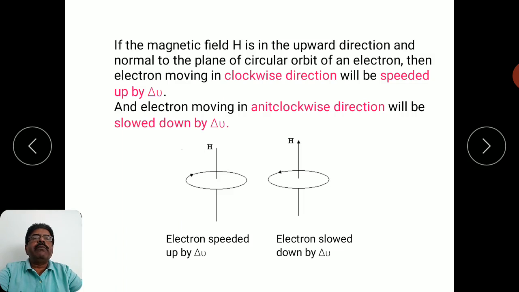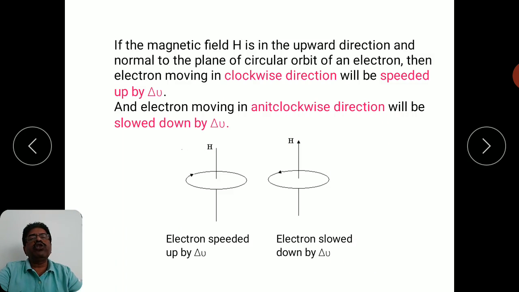Because of the presence of the magnetic field, this electron will be speeded up by an amount delta nu. Later on we are going to define this delta nu. And if you consider the opposite case, suppose the electron is moving in an anti-clockwise direction, as in the second diagram you can see here, then in that case the electron moving in anti-clockwise direction will be slowed down